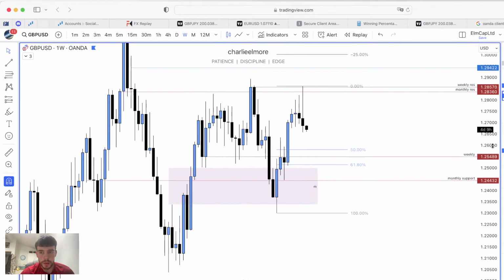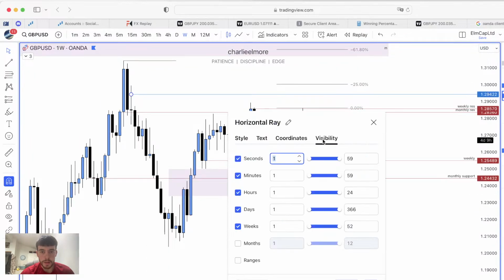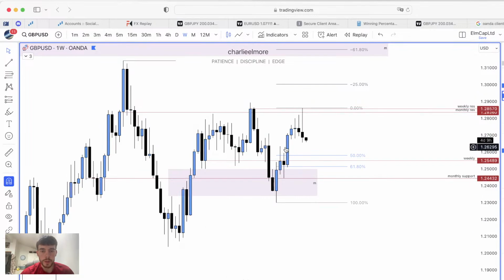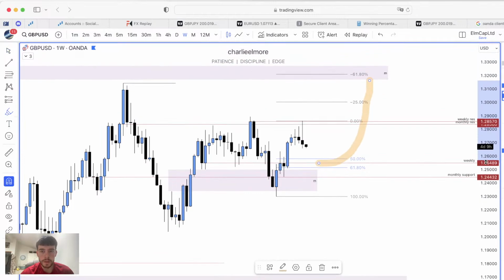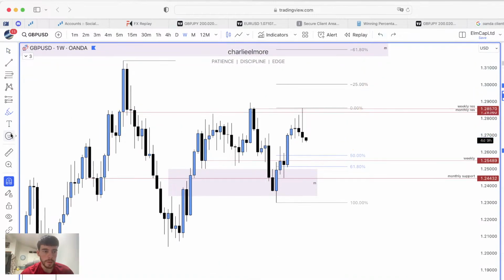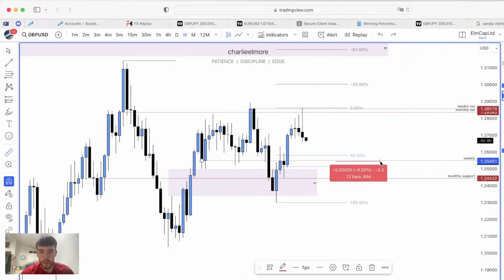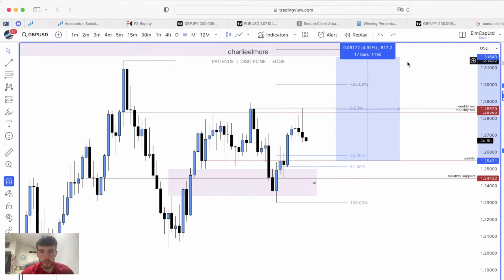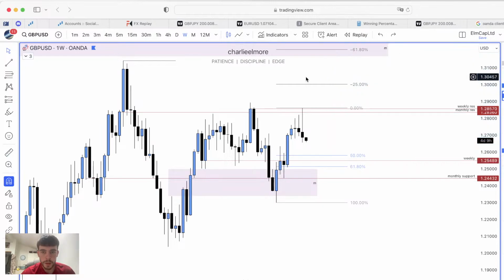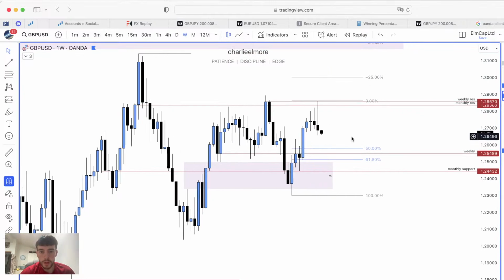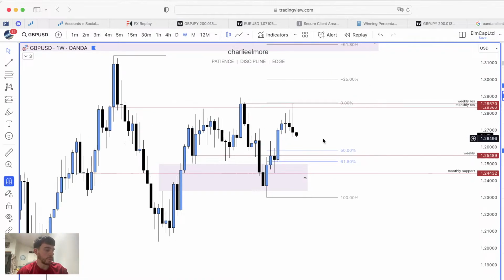There's nothing else to discuss really, other than the fact that, like I've just said, I'm expecting a pullback because I would like to buy this thing from down here up to there, because that would be a phenomenal move. It makes sense from a higher time frames standpoint. So from this weekly support, let's say, up until that monthly imbalance, you're looking at 600 plus pips. So if you can get a decent size stop loss, even a 20 pip stop loss, if you can ride that all the way up to there, you're going to have a decent risk to reward.